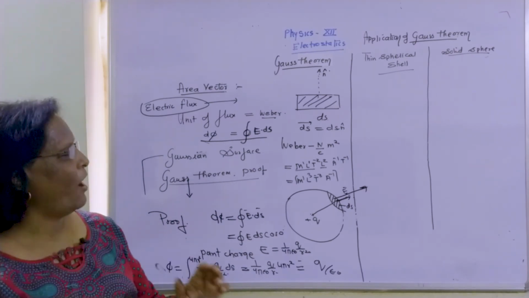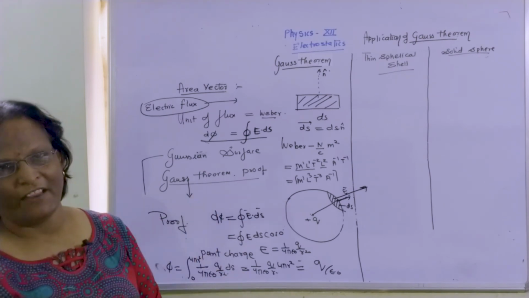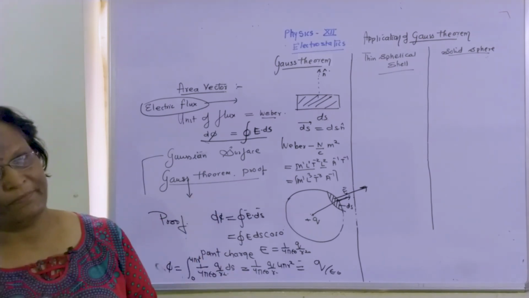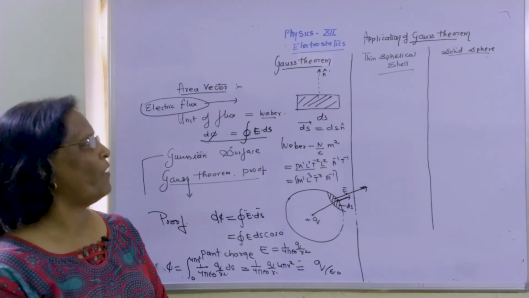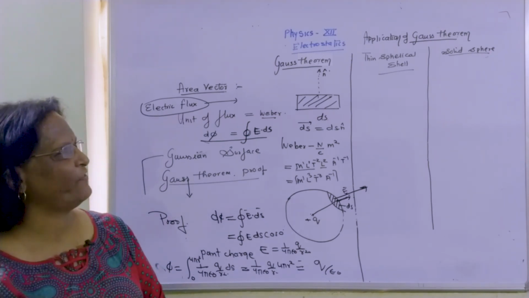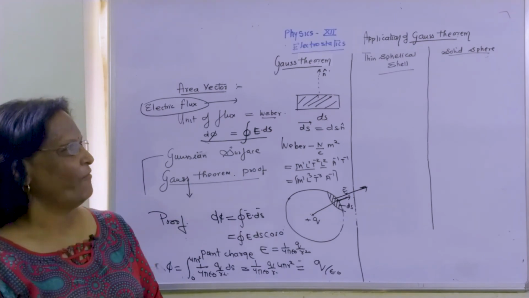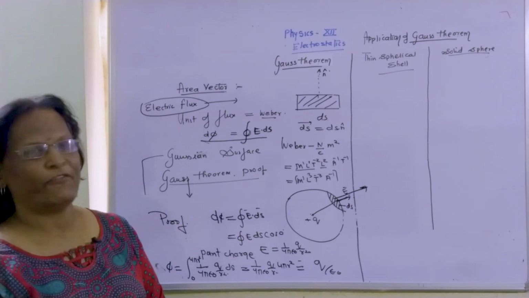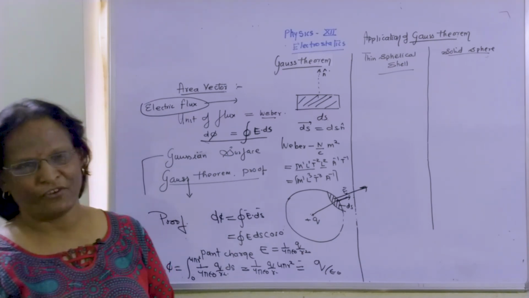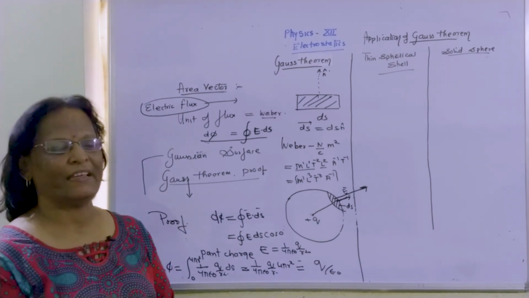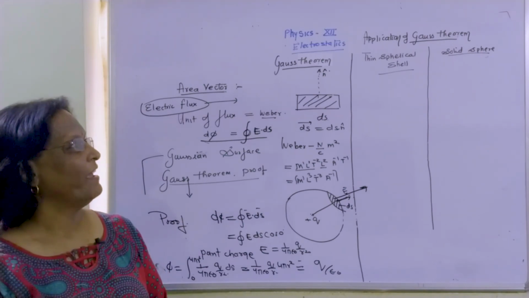Here, now we will come to the applicative approach of Gauss theorem. Very, very important applications are there. So, one applicative approach is thin spherical shell. For a thin spherical shell, we have to find out the total electric flux, and for a solid sphere, we have to consider the total electric